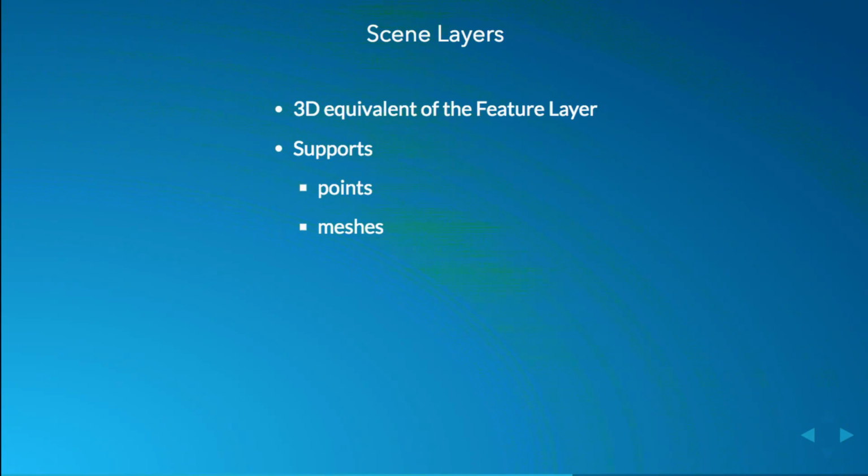They support both point and mesh features. Now, one thing that I forgot to mention earlier for feature layers is that, for example, for point features, the number of features in a layer is quite restricted in 3D. I think the number is around 15,000 features. Scene layers, on the other hand, are specifically optimized for 3D and support level of detail and consequently a way